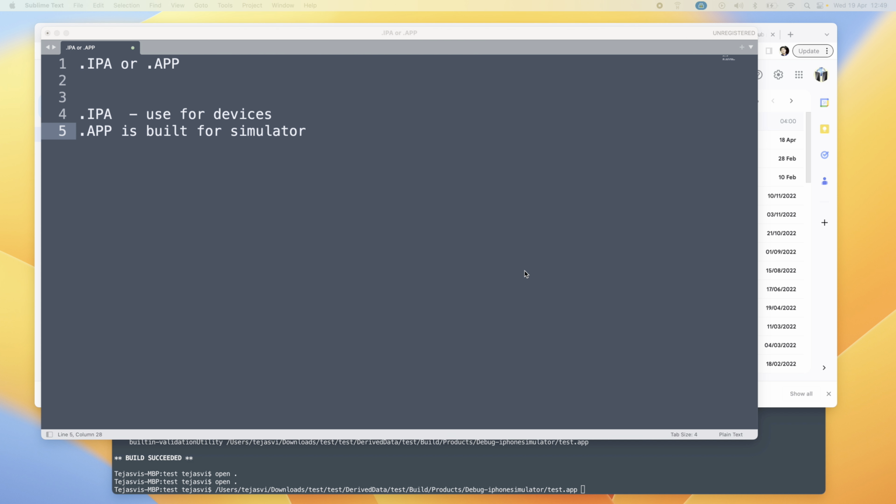So our next question is, what's the difference between .ipa and .app file? .ipa is the iPhone application packaged and distributed for the sake of putting it onto the device, and that is used only for devices. .app file is the same code built to be used with simulator, and this doesn't need